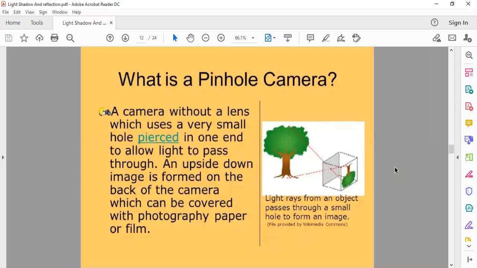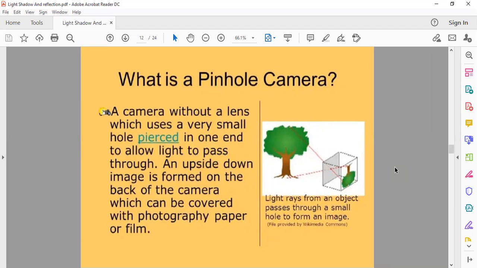So children, as the name of the chapter is showing, light. First of all, we had discussed what is light and how we are able to see the objects in the presence of light. After that, we differentiated the objects on the basis of how much amount of light can pass through the different objects, like transparent objects, translucent objects, and another type was opaque objects. With examples we had discussed it.